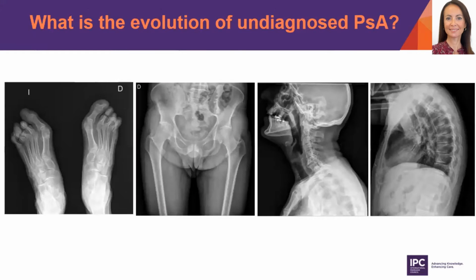But if we decide not to screen for PsA in our patients with psoriasis, I have to tell you that if they become undiagnosed and untreated, severe deformities and erosions will appear, as you can see here in these X-ray images of patients with both psoriasis and also peripheral and axial arthritis. On the left side of these X-rays, we can see severe deformities in both distal and interphalangeal joints, also bilateral sacroiliitis, and on the right side, many syndesmophytes along the spine. So this is what is happening when psoriatic arthritis is not screened, not diagnosed, and not treated